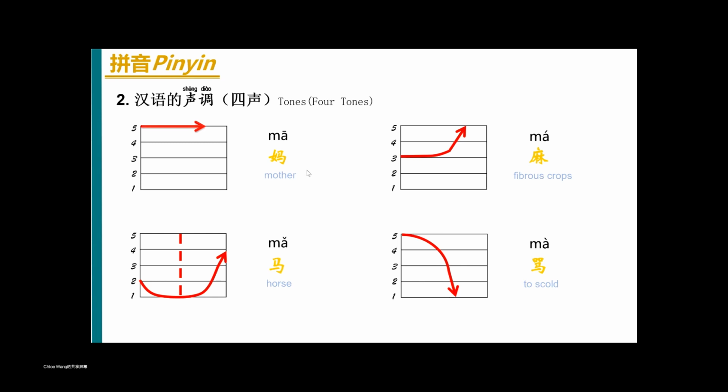And although we haven't learned the characters now, we can also tell from these four yellow characters that the characters are also different. So pinyin is not all of the Chinese language. It's just an assistant system for the Chinese characters. And our final goal is to recognize all these Chinese characters. And let's practice the tones here.